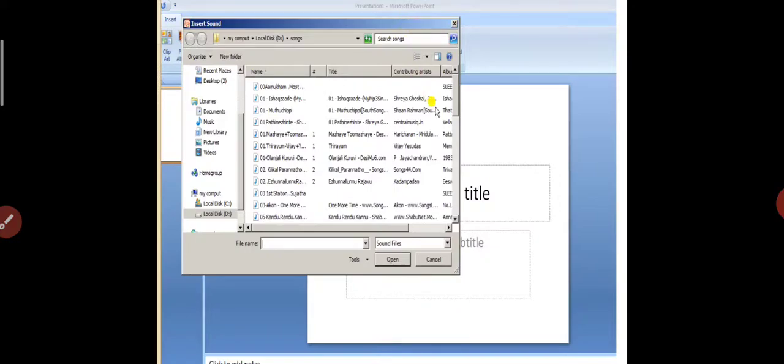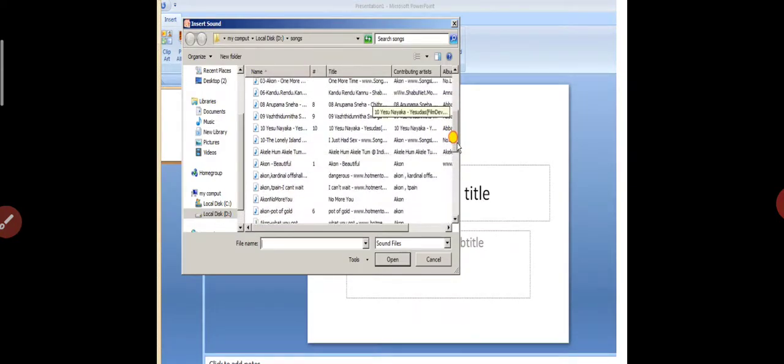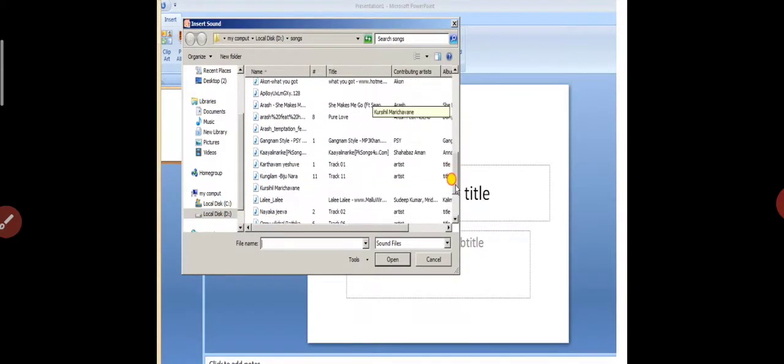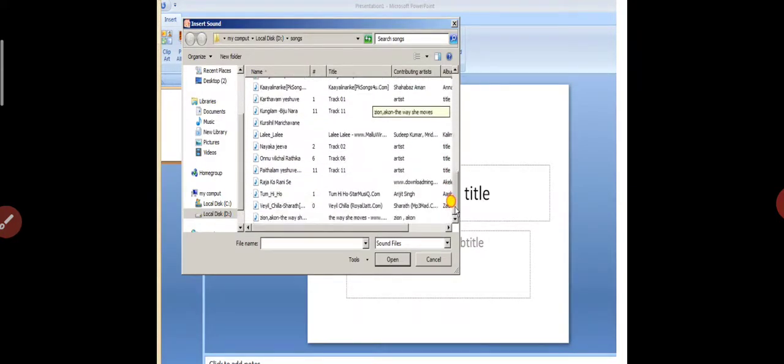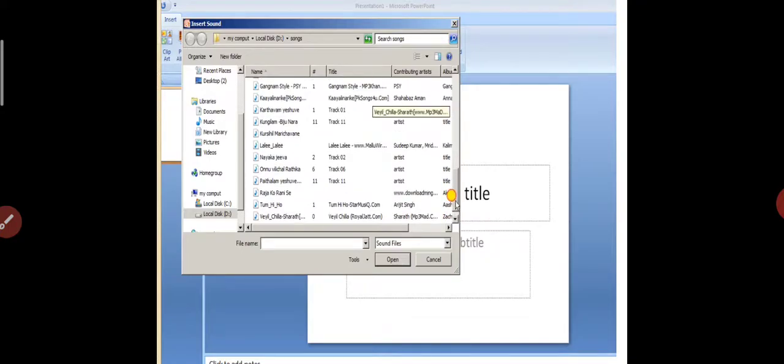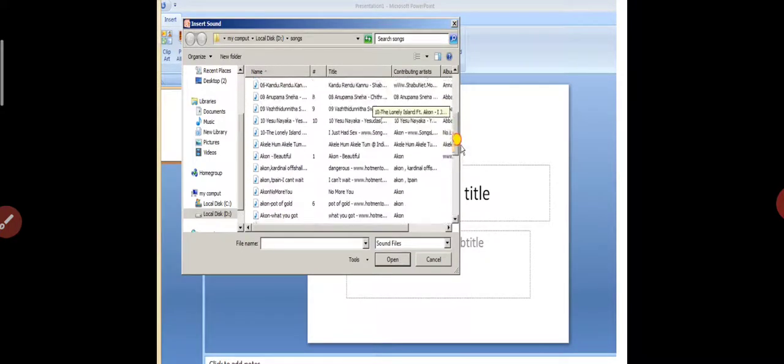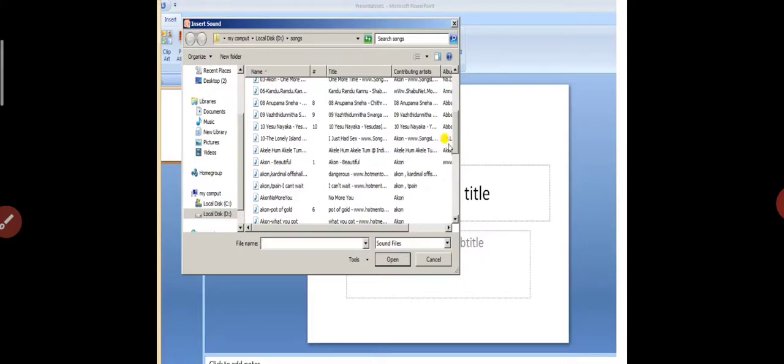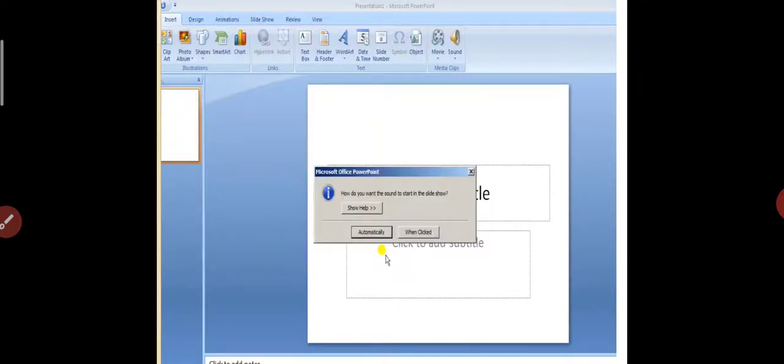Directly my local drive D got opened with one folder, songs. I stored all my songs in that particular folder. From the icon you can identify that all these are sound files. Choose the particular one that you want to insert on your slide.